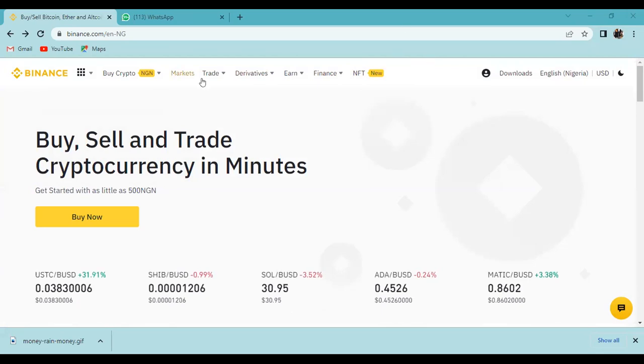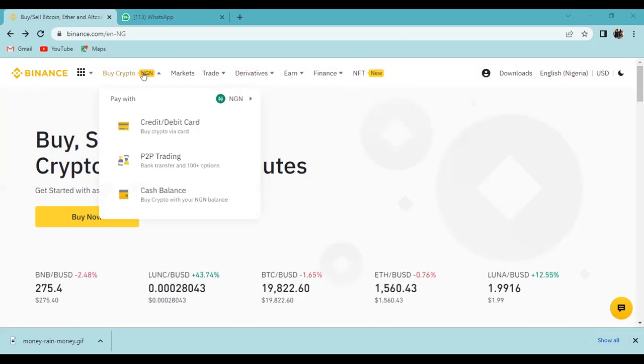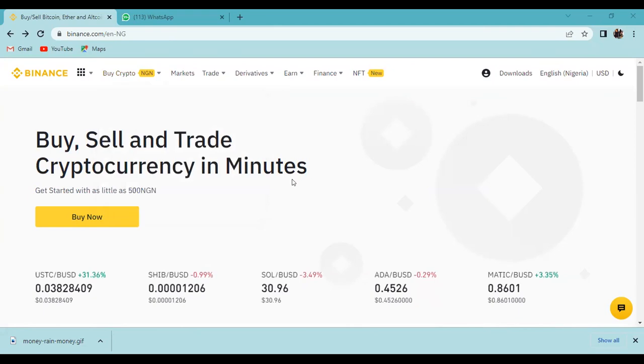Okay. So once you sign up and verify, you'll be able to see your profile like this. The first thing that you need to do, and I think we've done this part of the training a couple of times, but I'll just go over it quickly, is fund your account, because without funding, you won't be able to trade.